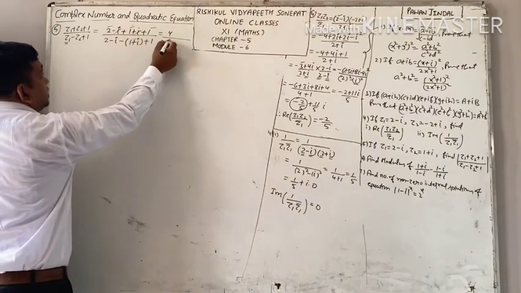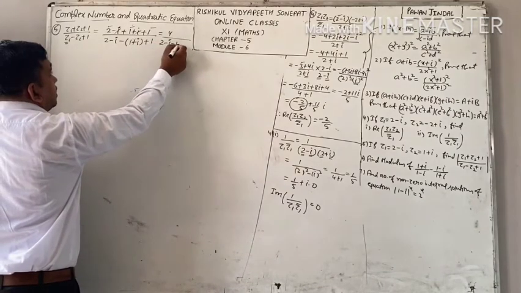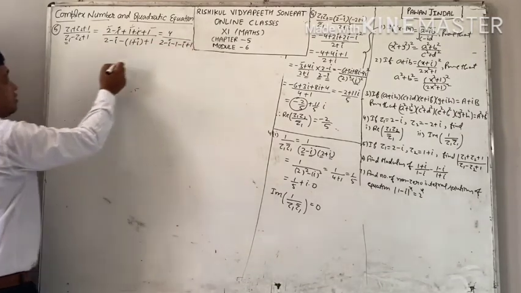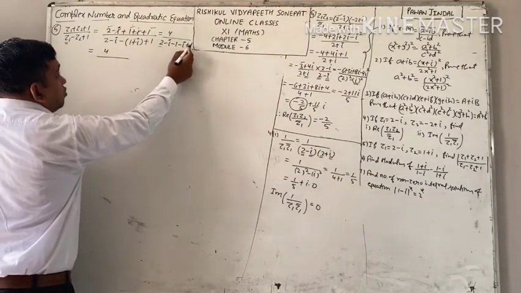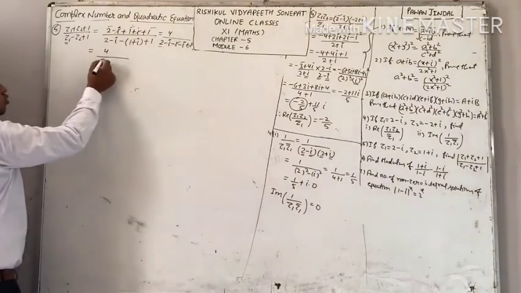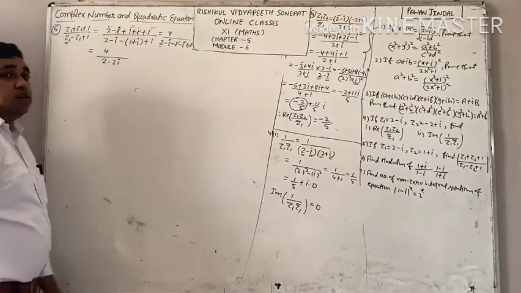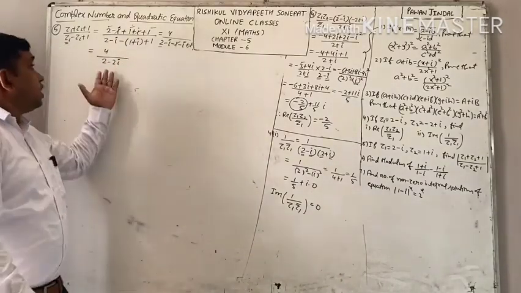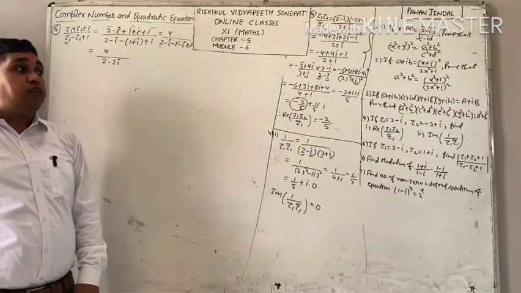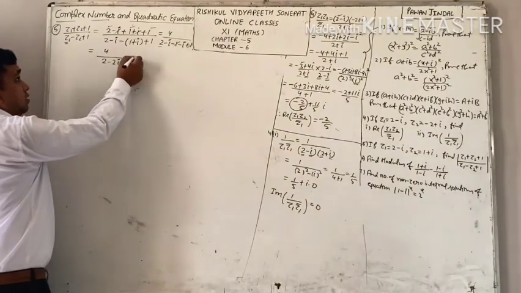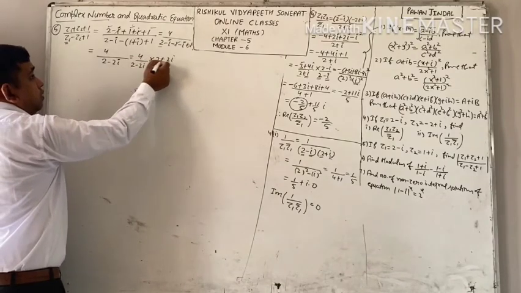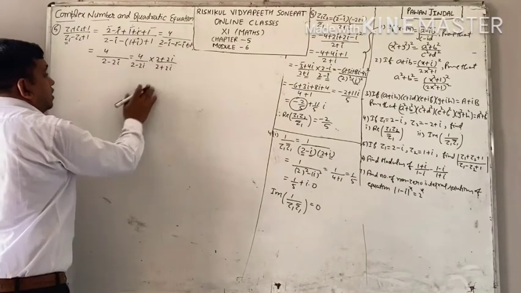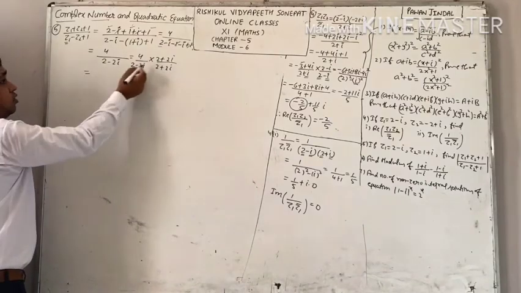In the denominator, 2 minus iota minus 1 minus iota plus 1. You will get 4 upon 2. This cancels out. This is your 2 minus 2 iota. Now again the same problem. You have an iota term in the denominator. Remove it by rationalization. Now we will rationalize it. Multiply by 2 plus 2 iota upon 2 plus 2 iota. See what you get. 4 into 2, 8.